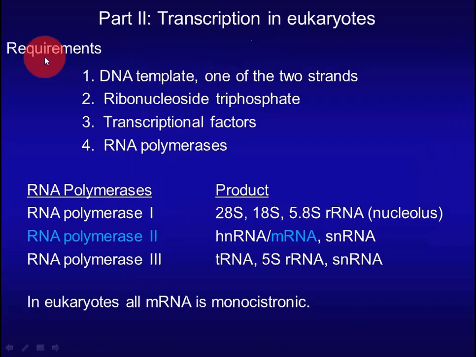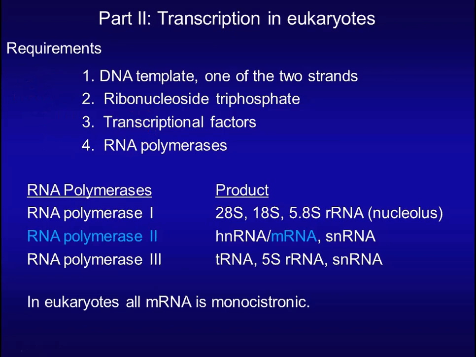These are the requirements for transcription in eukaryotes. As you see, this is very similar to prokaryotes. The major difference is that in eukaryotes, more proteins are needed to perform one particular function that is done by one protein in prokaryotes. For example, there's only one sigma factor in prokaryotes. In eukaryotes, there are many transcription factors in place of one sigma factor. Another example,